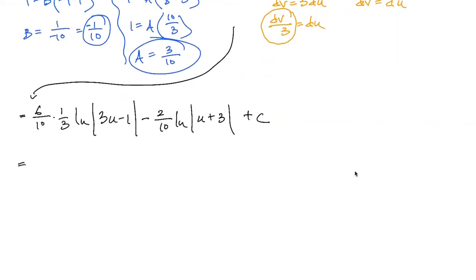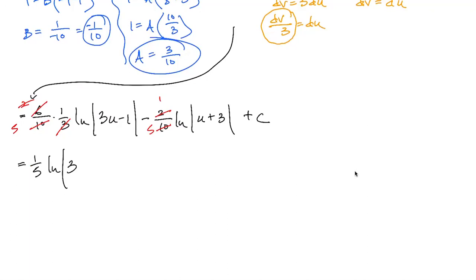And let's go ahead and reduce some fractions. So 6 and 3 reduce to a 2 on the top. And then this 2 and that 10 reduce to a 1/5. And this 2 over 10 also reduces to 1/5. And so we'll get 1/5 natural log of 3